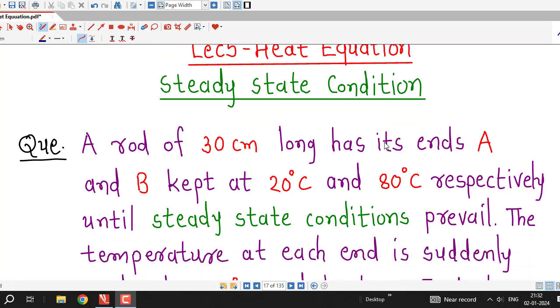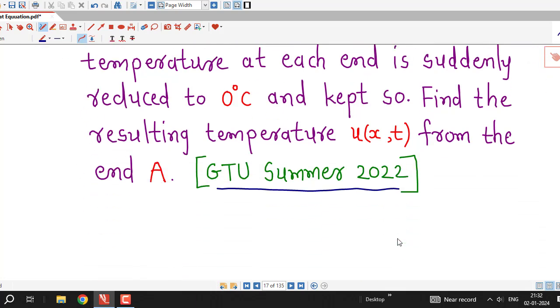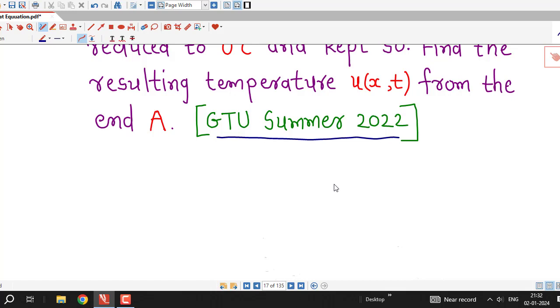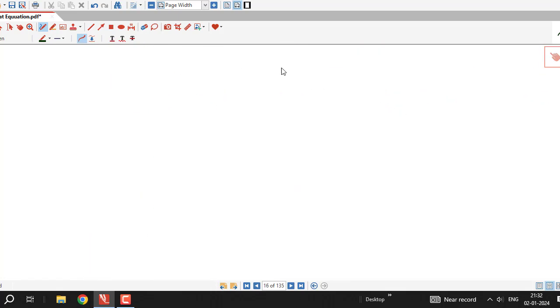In this lecture also we will discuss one more question on heat equation which was asked in GTU Summer 2020 exam. Here also we are going to consider the case of heat equation in which boundary conditions are in such a way that temperature is 0 at both the ends of the given metal rod or given metal bar. But here initial condition is not given directly. We have to determine the initial condition from the description of the question, and before that we have to understand